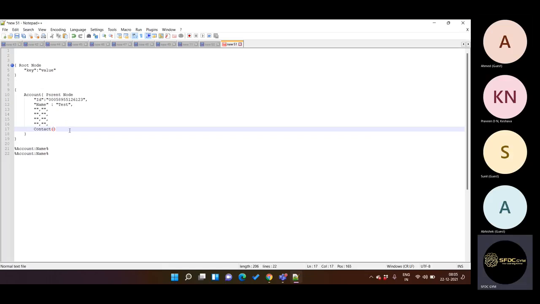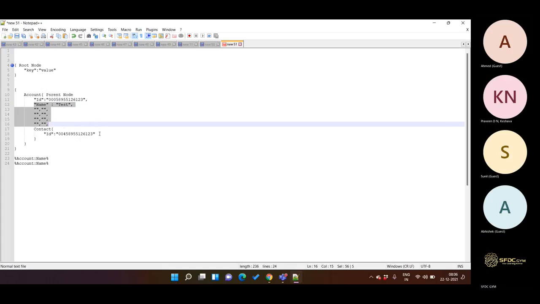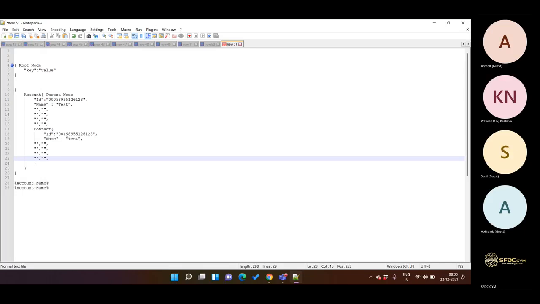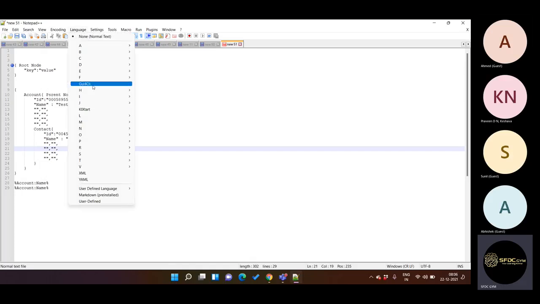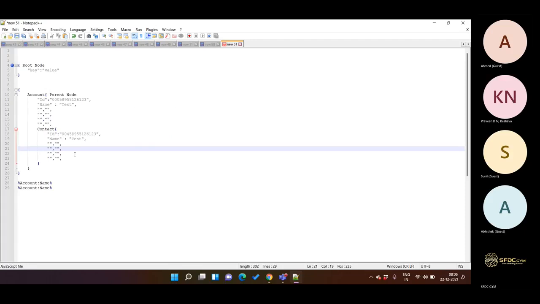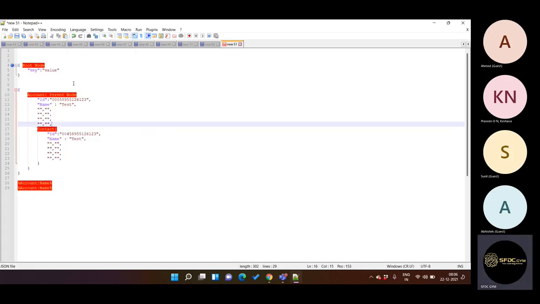Inside that, we will define the contact fields, let's say ID, and we can copy that. Similarly, the name and all those fields, right? This will be the structure of your JSON as well. Let me convert it into JSON. Yeah, this will be the structure of your